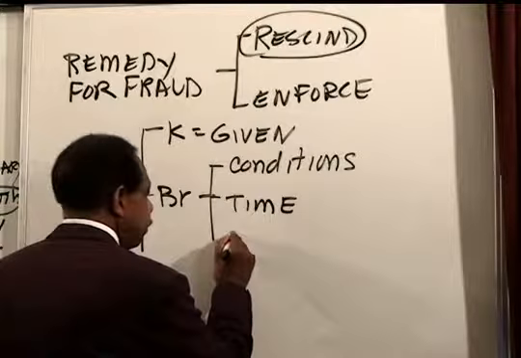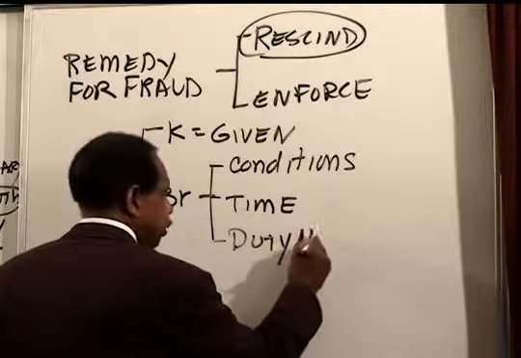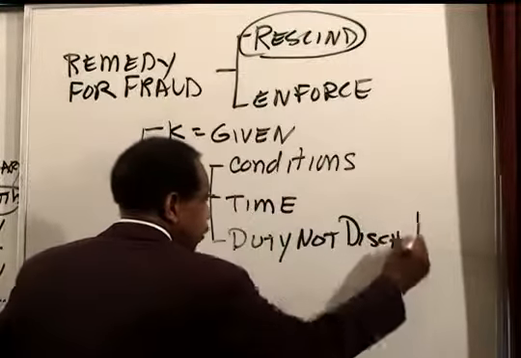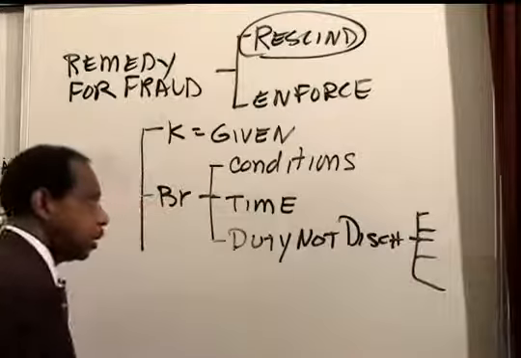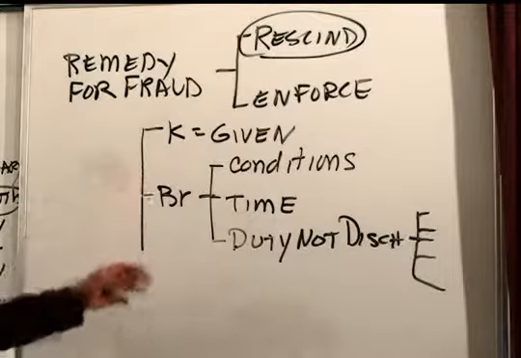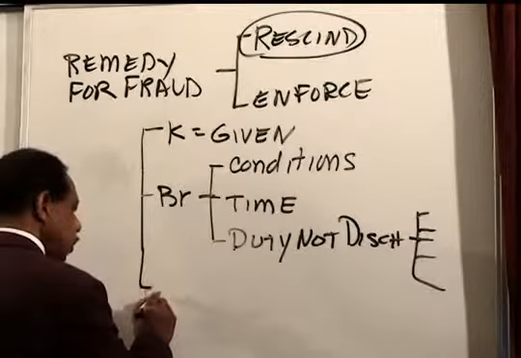And finally, the duty must not be discharged. The contract duty not discharged. And as you know, there are lots of ways to discharge contract duties. None of them happen in our case. So we do have a contract and a breach. And now, what damages? What is the remedy